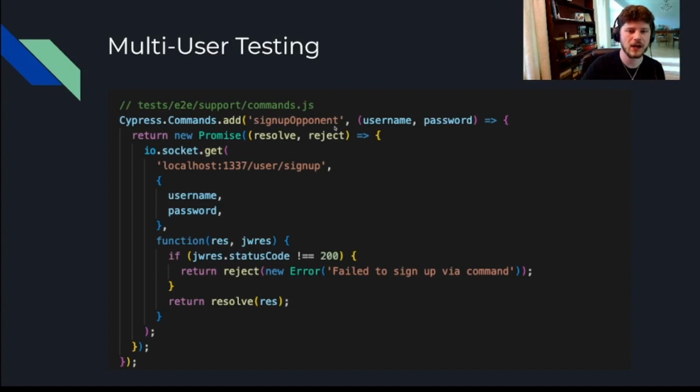So in this case, I've got a sign up opponent command in Cypress, which works the same way that my application logic does, where I'm using that socket instance to make a request to the backend to sign up. However, this IO instance is the one that's defined in the test code, not in the application. And that combination of working with the application logic, either through the UI or directly through my Vuex store, and this separate test-only instance of the WebSocket client lets me act on behalf of 2 different users to manage very